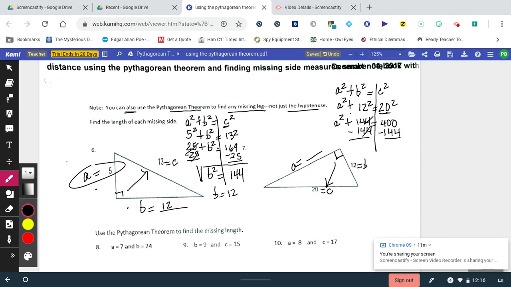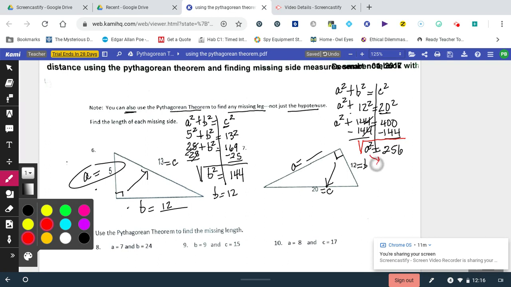So these will cancel, and I'm left with A squared equals 256. Now, you don't want the square that will be drawn on the side of A. You want the side length of A. So what do you have to do to find the side length? Well, you take the square root. So the square root of A squared is A, and the square root of 256